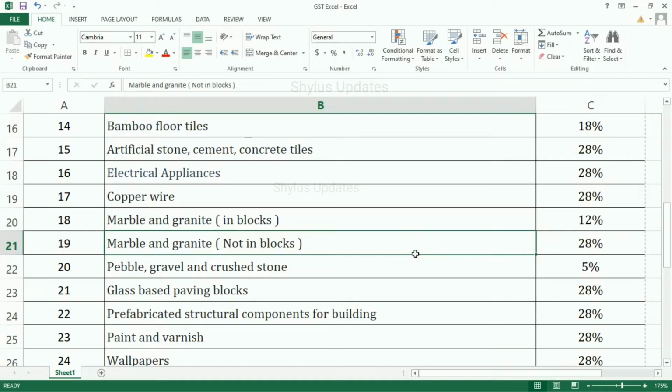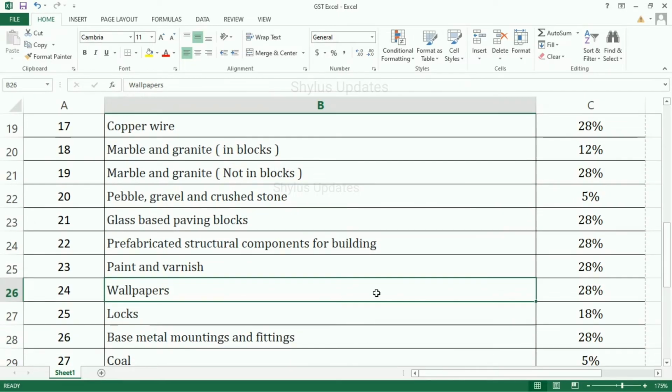granite not in blocks 28%, pebble, gravel and crushed stone 5%, glass based paving blocks 28%, prefabricated structural components for building 28%, paint and varnish 28%, wallpapers 28%, locks 18%, base metal mountings and fittings 28%,